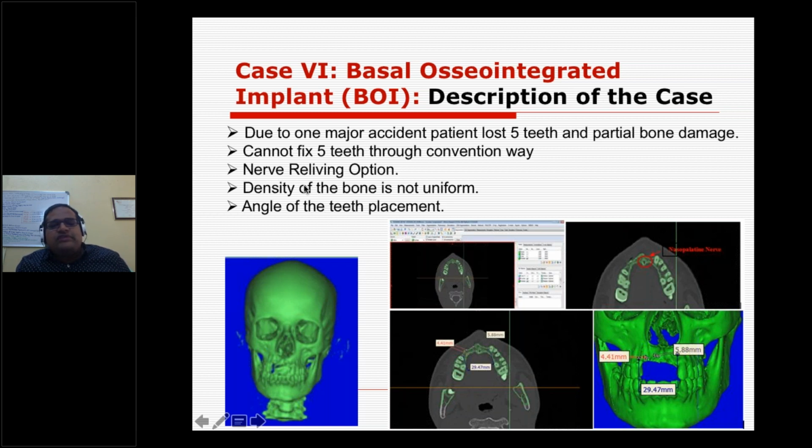The bone density is not uniform, and the angle and placement of the teeth is another challenge. So this led us to design and fabricate a customized implant.